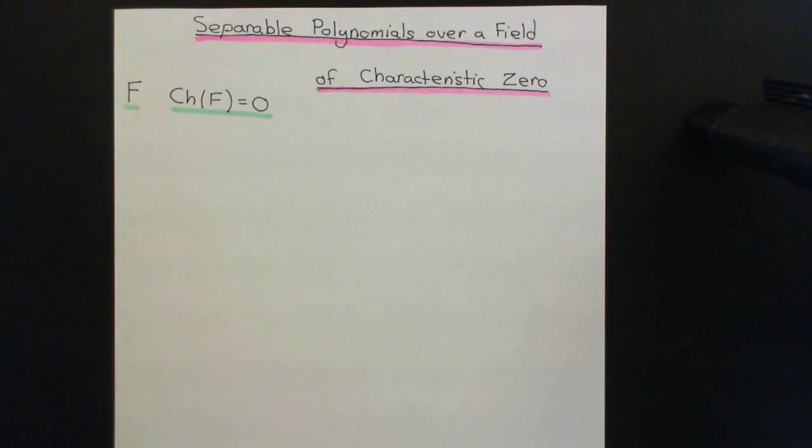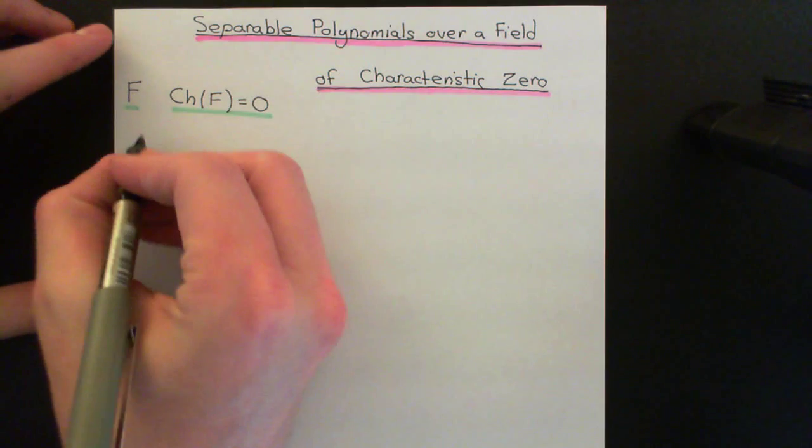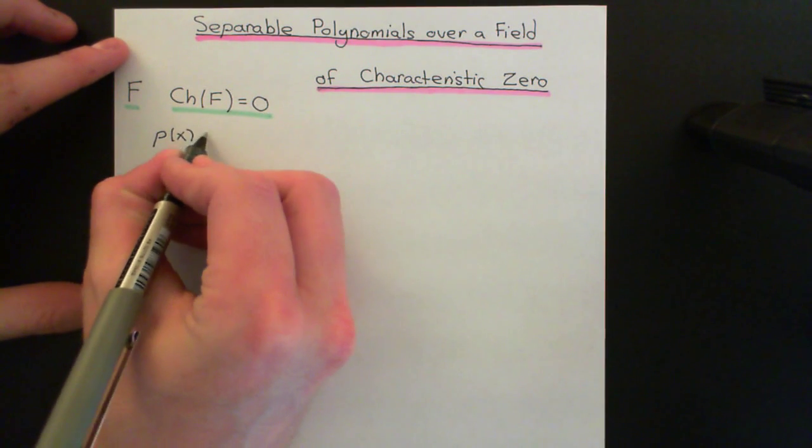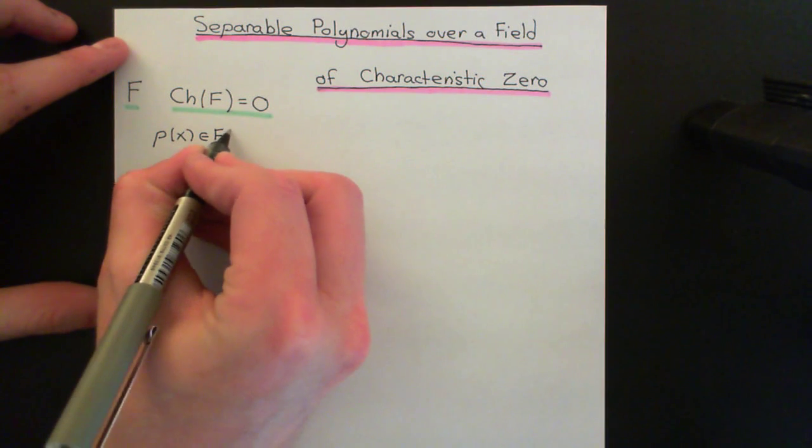So we're going to be limiting our attention now just to fields of characteristic 0, not fields that have characteristic a prime natural number. And I will emphasize why we need to make that restriction throughout the video. So what are we actually going to be discussing about these fields then? We're going to be discussing which polynomials in the ring of polynomials over these fields of characteristic 0 are actually